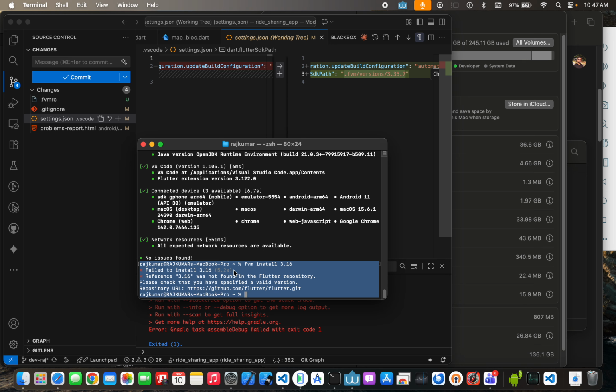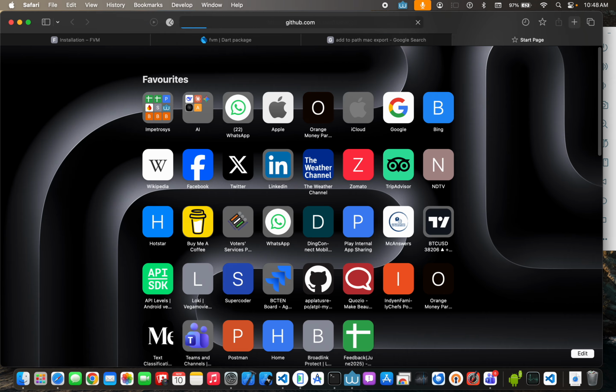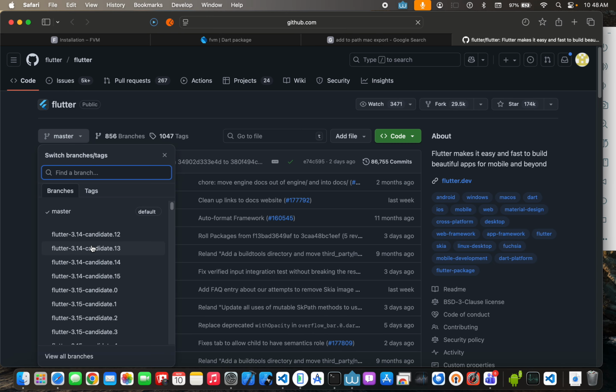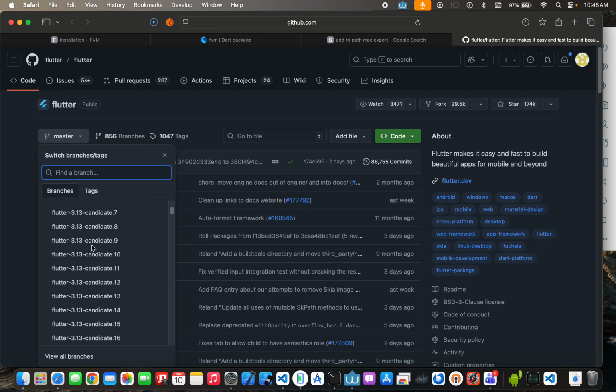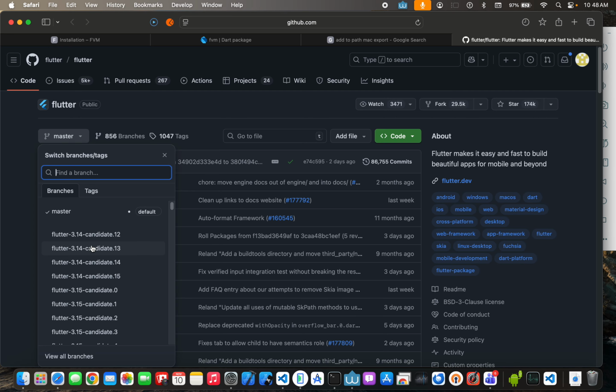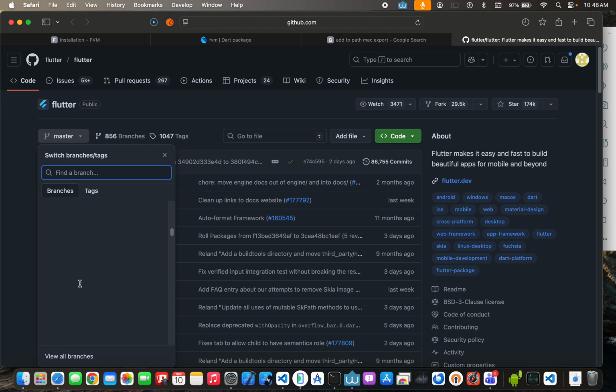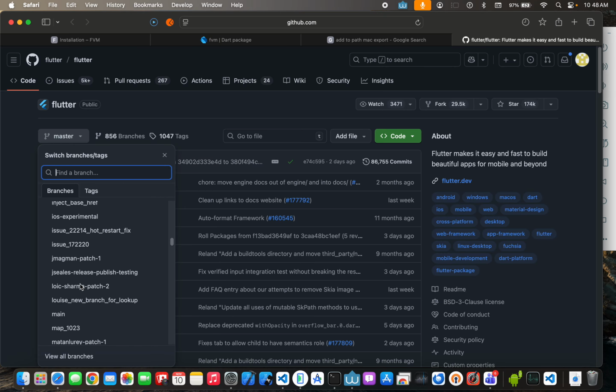Okay, I think 3.16 is not available here. I have to check this directory, which is available or not available. So let me check in this 3.16. Okay, candidate zero at least is available here. So I have to install